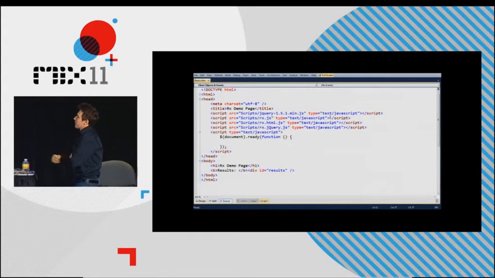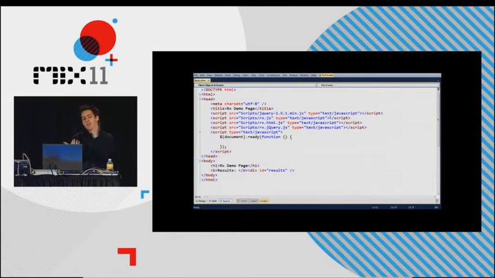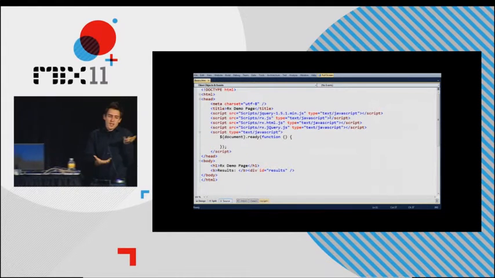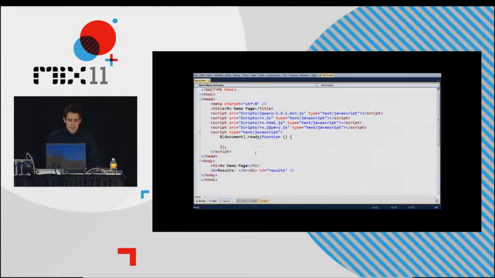So I have two things here, rx.html and rx.jQuery, which are two libraries that make bridges, and we'll look at those separately later. They allow you to take DOM elements and expose them as observable sequences. So in my ready handler, I'm going to create a new sequence, which I will call ticks, and it will be